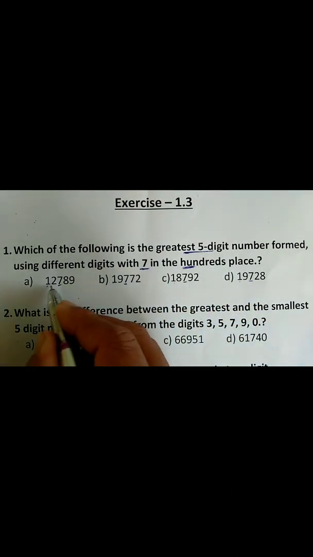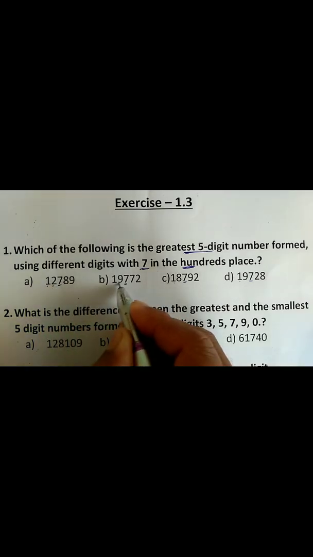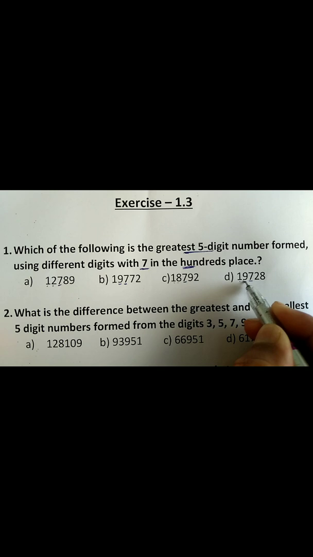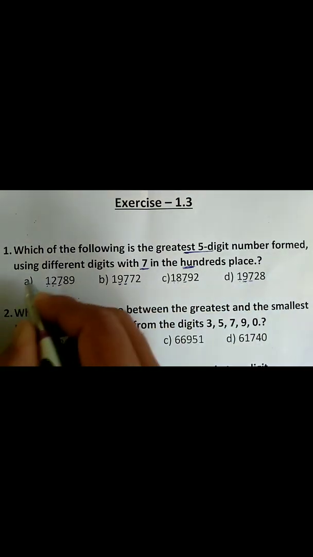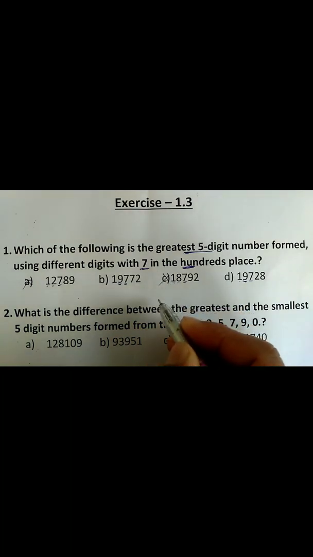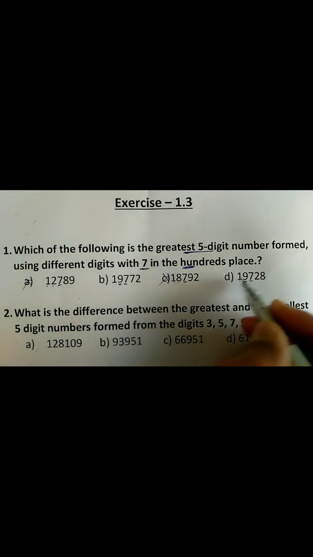So then next we have to check the second digit. Here it is 2, here it is 9, 8 and 9. Here 9 and 9, the greatest digit becomes 9. We can check among these, option A and C we have to cancel, because here the 9 is the greatest digit.